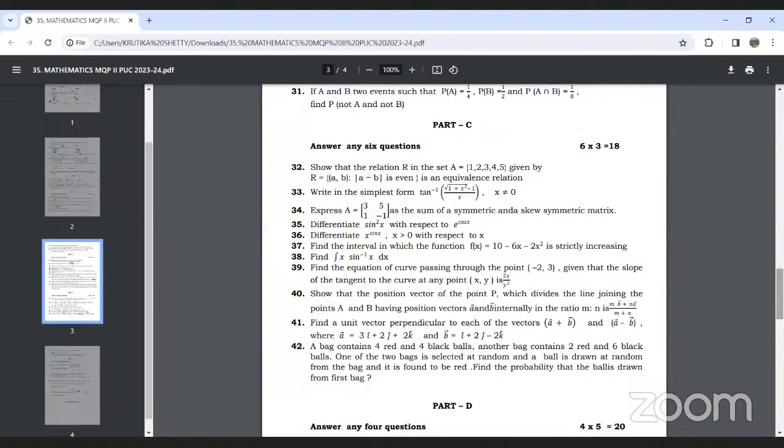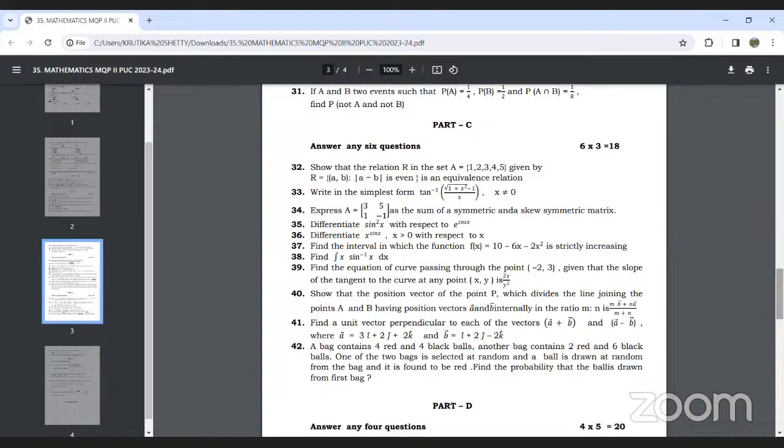Part C and part D are scoring sections. These two sections are very scoring, and the questions are fixed here. So suppose question 32 is on equivalence relation. If you solve 4 to 5 examples based on equivalence relation from the first exercise, this question will be